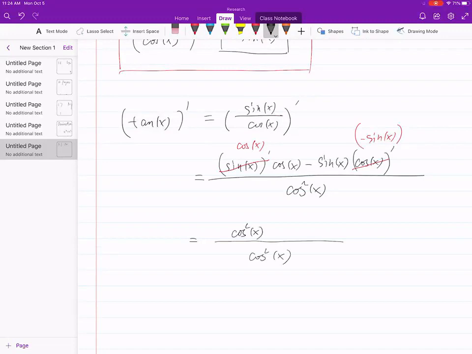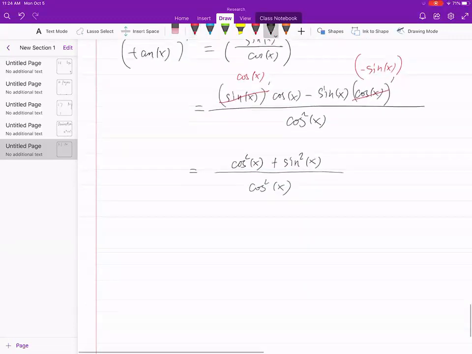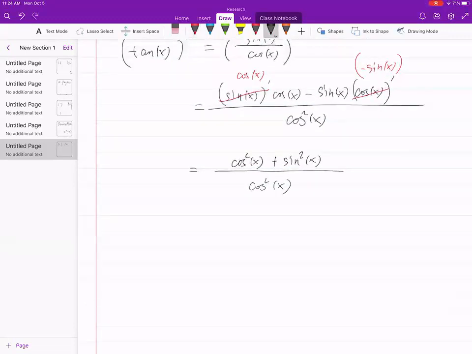Negative, negative. What's the value of this? Sine squared plus cosine squared. That's 1. So the final answer